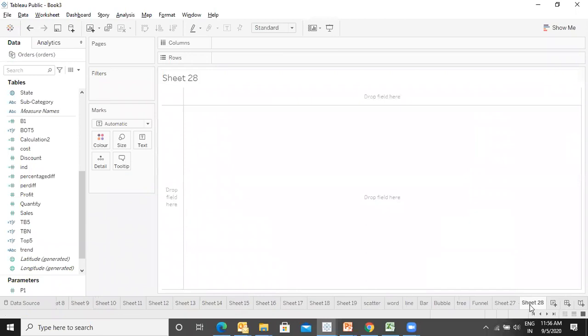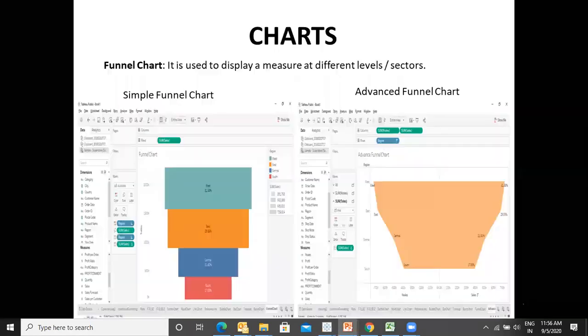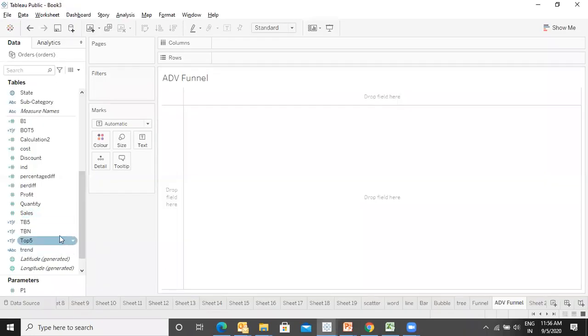Next we have something known as advanced funnel. Now what is advanced funnel? This is known as advanced funnel. So let's try to do this. Again I'm taking the same thing.